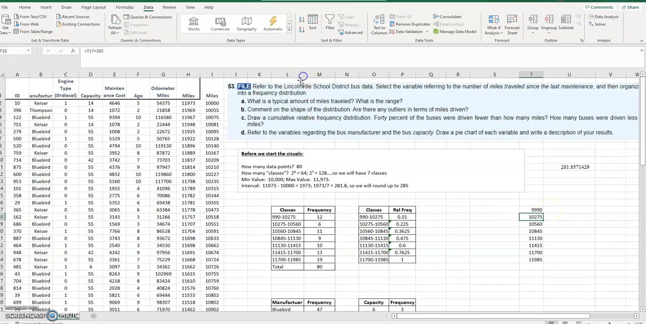Am I missing a 9 over here? Sorry, I don't know why I'm missing a 9 in there. Let me tuck that in there. So 9,990 miles to 10,275 miles is the first class. And then what I did in each successive cell, and I'll post this file so you can play around with it a little bit if you want,